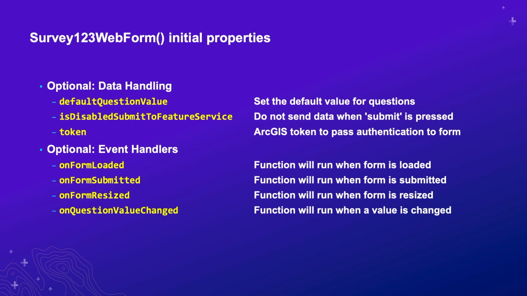There are also parameters that alter how the form behaves. You can supply initial values to form questions via the default question value property. Setting is disabled submit to feature service to true stops the form from adding the data to the feature service it is attached to. This is useful if you're using the form with another data system or keeping the data